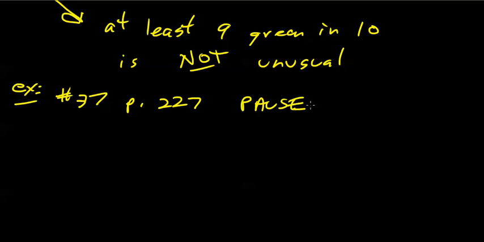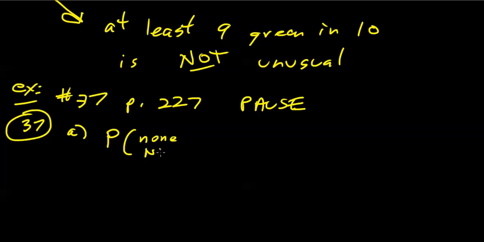Alright, right away, I know I'm going to have 20 trials here in all these sub-problems A, B, and C. So let me write some of this stuff down. Let's look at part A. Find the probability that none of the households are tuned to NBC Sunday Night Football. I'll just abbreviate this. What's the probability that none are watching this NBC broadcast? Well, that's the probability of none are watching NBC football. That's going to be the probability of 0 successes